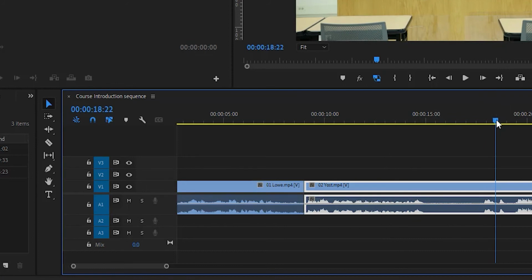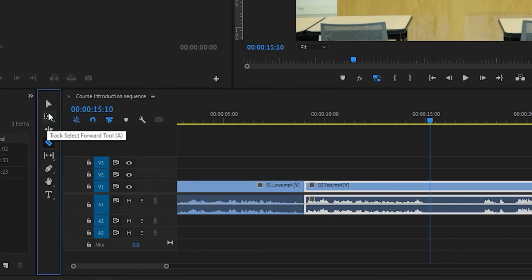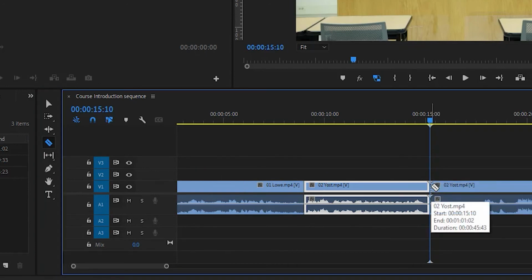All right, so then I can come over here, and I can cut it. Shortcut number 1. Before, I went over here and clicked the razor tool and then the selection tool, but I don't ever do that. I've never clicked those after I learned this shortcut. The shortcut for the razor tool is C on your keyboard. And again, if you hover over it, it says it right there, parentheses C. So you can learn where all these shortcuts are. So I got my razor tool, I'm going to cut it. And the shortcut for your selection tool is V, but I don't want to do that quite yet because I